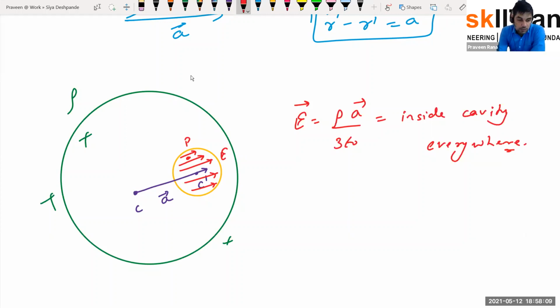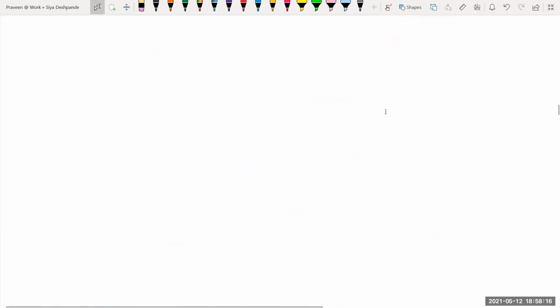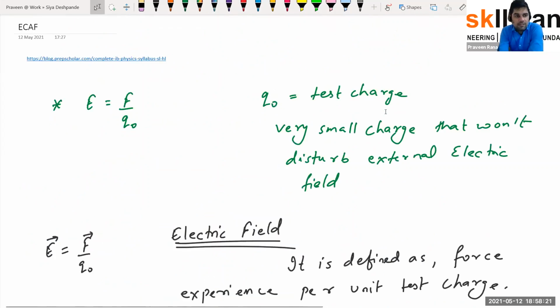Okay. So today we have studied a lot of things, so let's quickly revise. First of all, we had the value of electric field, the definitions of